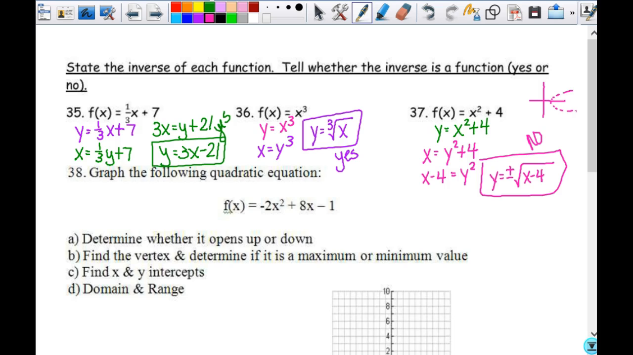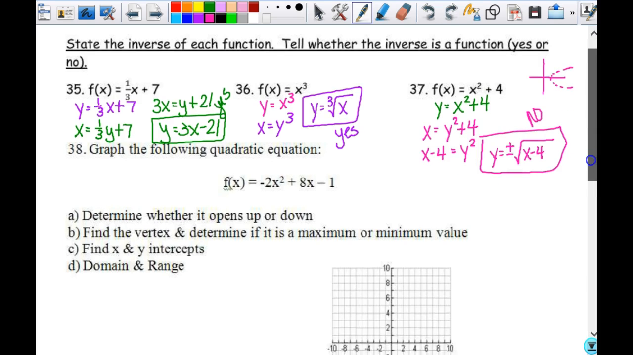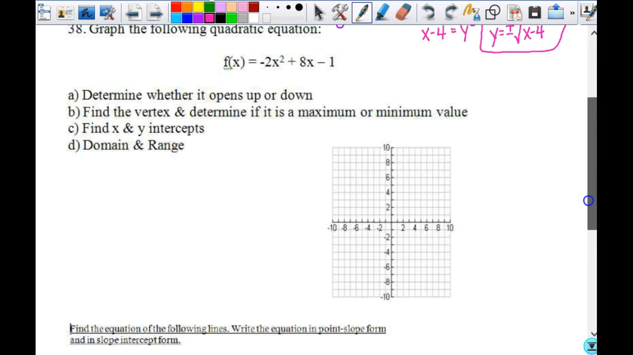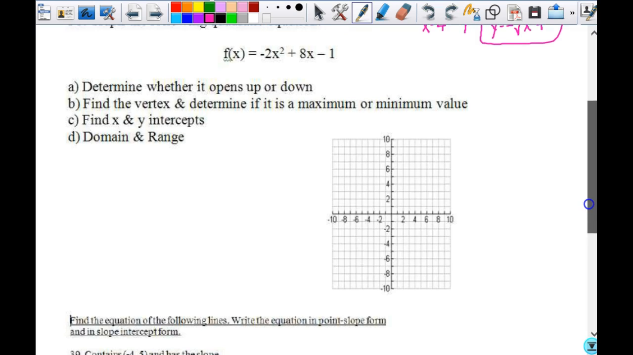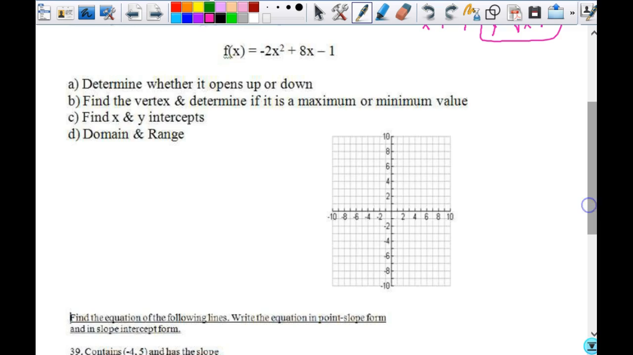Okay, now that says graph the following quadratic equation. Determine whether it opens up or down. Find the vertex and determine if it's a maximum or minimum value. Find the x and y intercepts and the domain and the range. Okay, so here's what we know. We know that since the